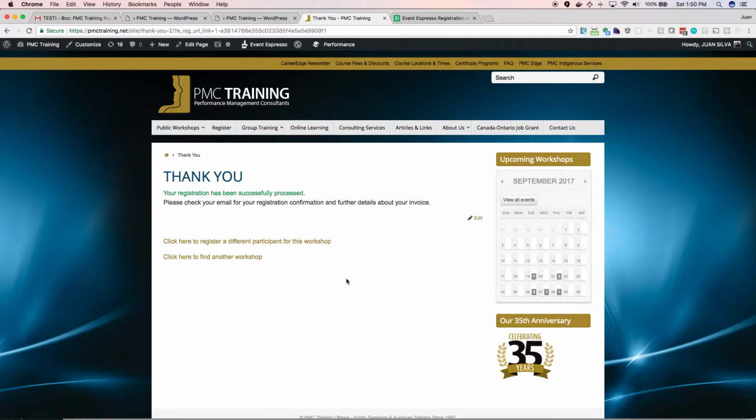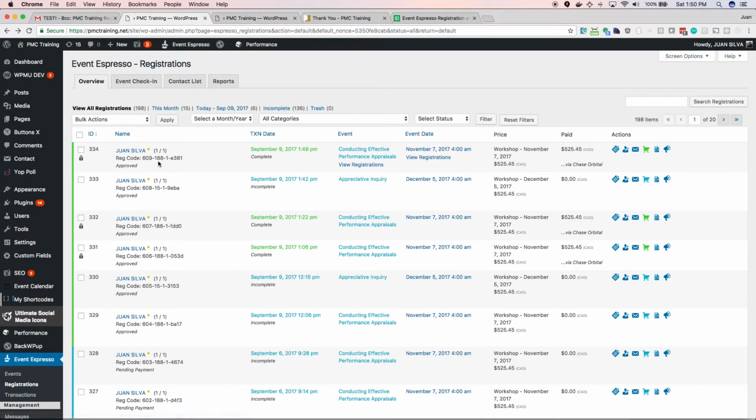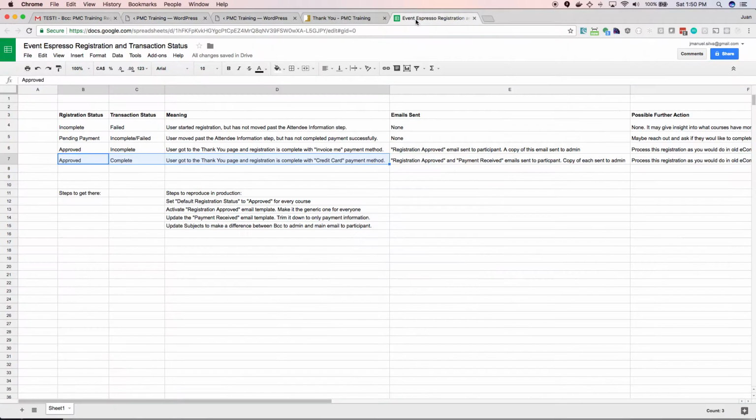Okay, so I got to the thank you page. So in this case, if I go back and look at my registration, this 334, you will see that now it says approved and the payment says complete, which in my spreadsheet I have as approved, complete. This means that the user got to the thank you page and the registration is complete with credit card